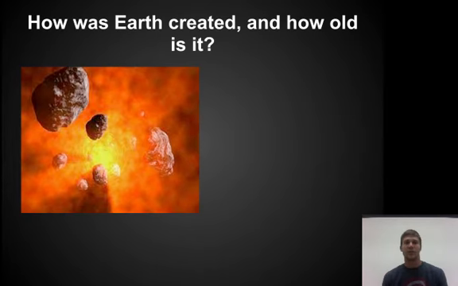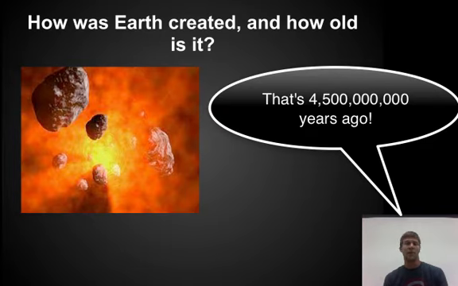Before our solar system was filled with the sun at the center and the planets orbiting our sun, it was just particles of matter floating around, orbiting. Slowly over time, those particles came together to form planets and the sun, and eventually 4.5 billion years ago, enough mass came together to form the Earth itself.